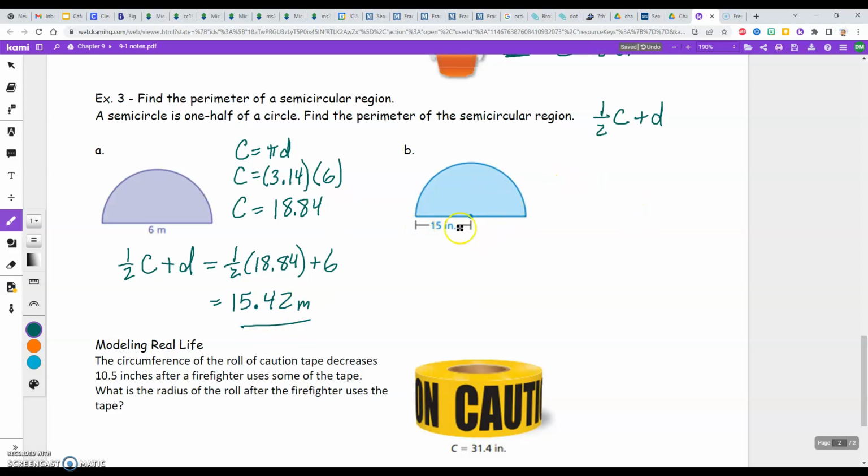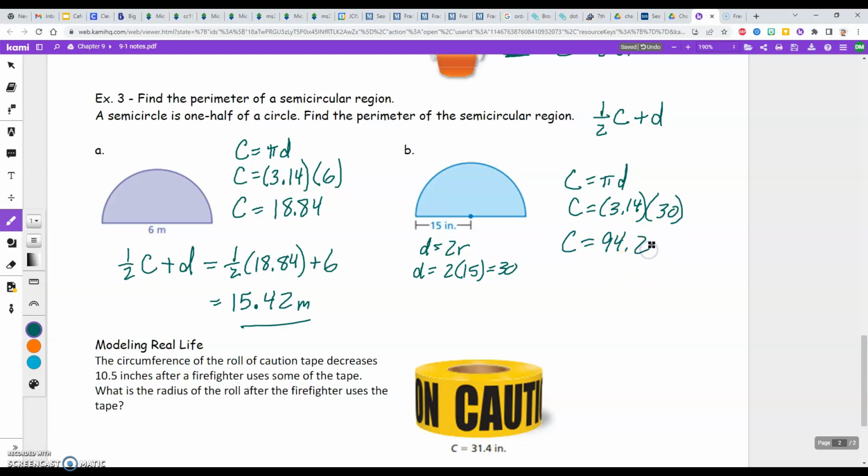This next one, we're given the radius. So the diameter is twice the radius, which means that diameter is twice 15, which is 30. So I'm going to find the circumference. Circumference is pi d. So I'll use 3.14 because 30 is not divisible by 7. So 3.14 times 30 gives me